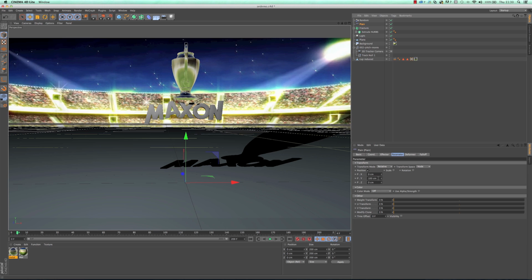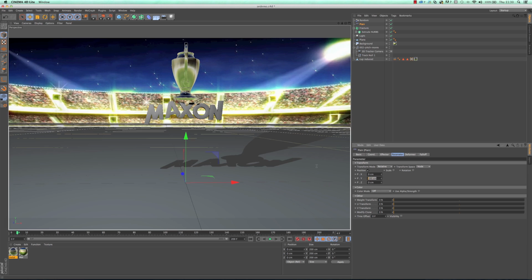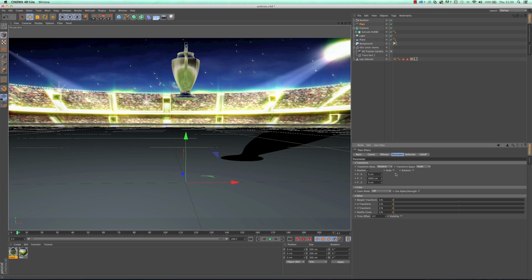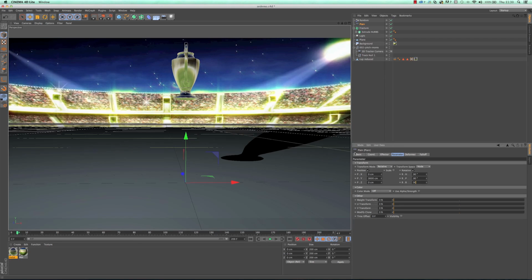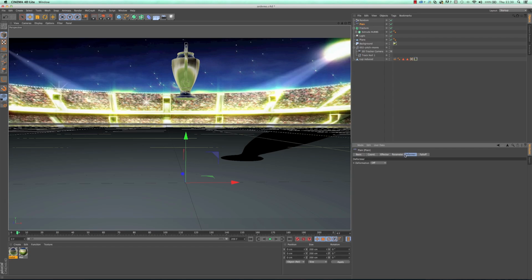So I'm going to set the position to 3000, and that's shot off screen. So think, okay, what exactly are you doing? The other thing I'm going to do is turn on rotation, and I'm going to say 90, 90, 90, and you're thinking, okay, well, what's going on? Here's the interesting thing.